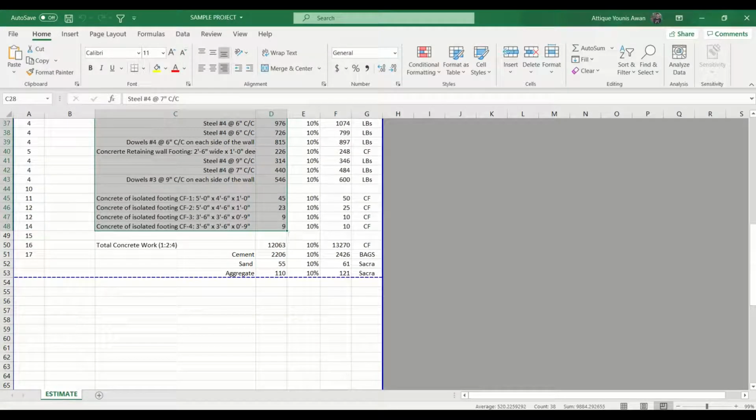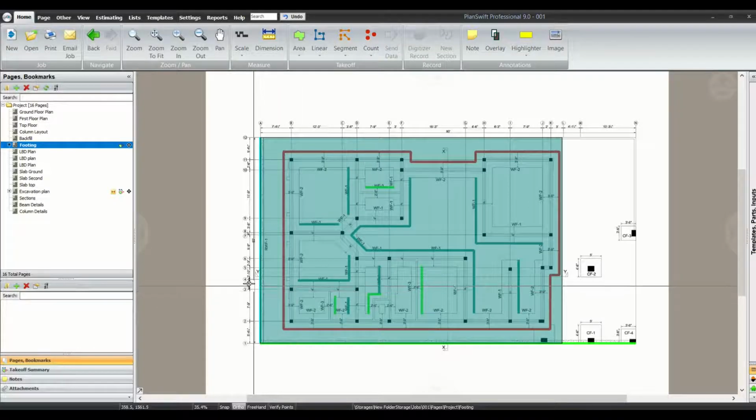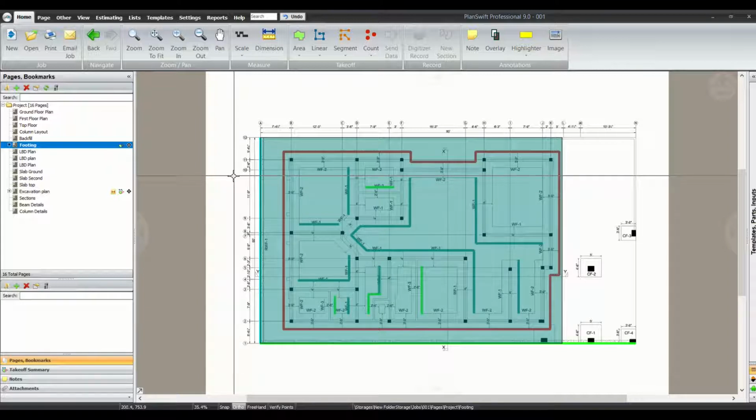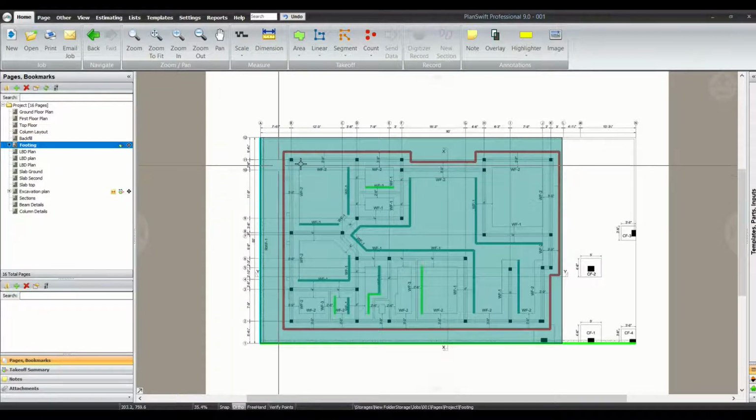Coming back to today's session. In previous sessions, we have completed the excavation and the footing works of the building. But we know that there are a lot of other components. Till now, we are in the substructure of the building. Now we are going to move to the superstructure. For the superstructure, we need to see the elevation of the building, and in most cases we are going to need the sections, because sections provide us all the details which we are going to apply in our estimation process.